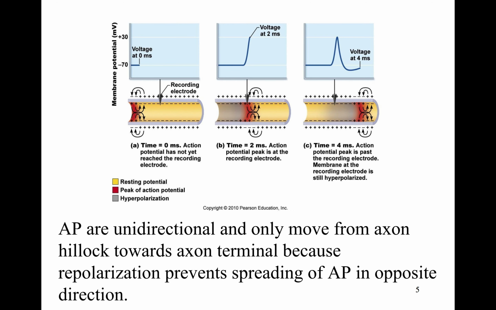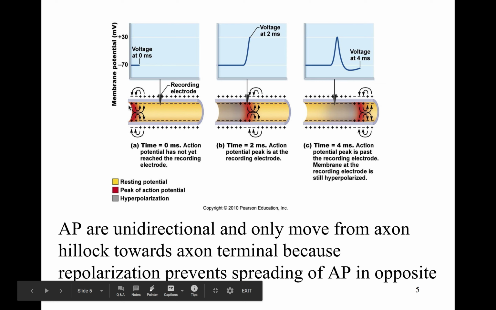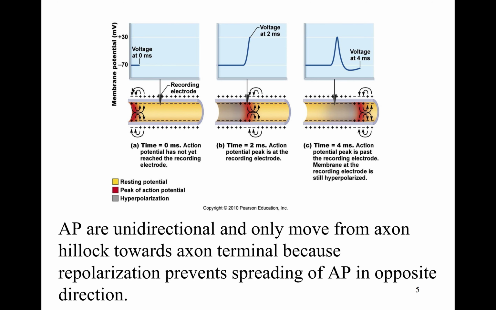Action potentials are also unidirectional. So they are only going to move from that axon hillock to the axon. This occurs because an action potential has three phases: depolarization, repolarization, and hyperpolarization. So when this region here is depolarized, depolarization causes an influx of sodium ions. Those sodium ions are going to be attracted to the adjacent membrane that's negatively charged. It's then going to bring that adjacent membrane to threshold, causing an action potential at the next point along the